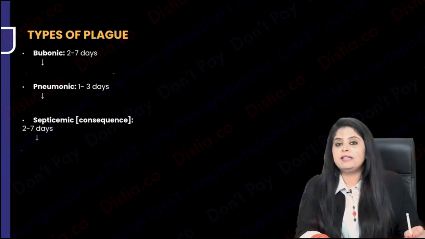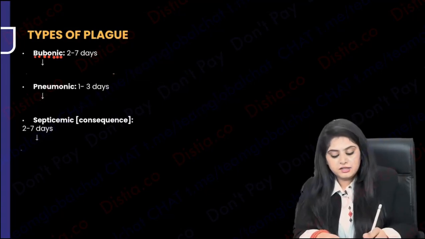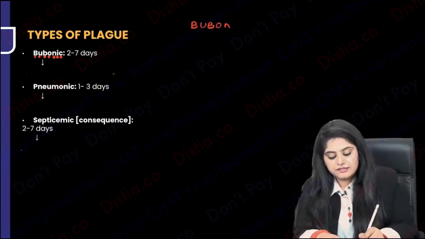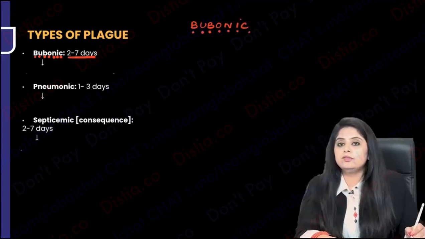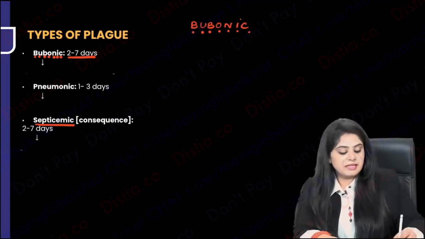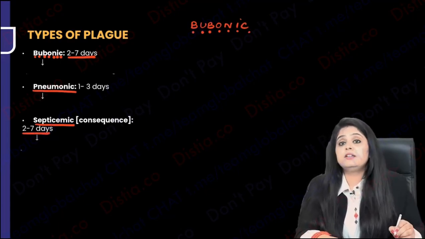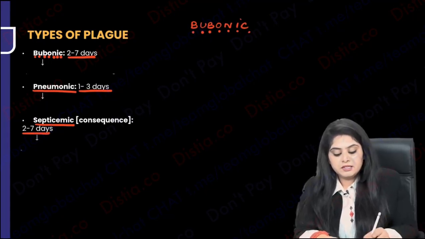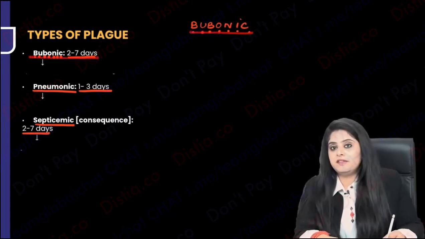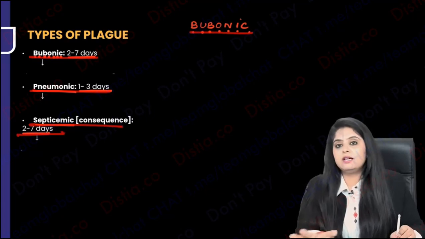And what are the types of plague that you have? Bubonic plague. Why did I count like this? Bubonic has 7 alphabets. So the incubation period is roughly going to be 2 to 7 days. If it enters septicemic, anything can enter septicemia, that will also have 2 to 7 days. However, if it has a respiratory involvement, that is going to happen very quickly in 1 to 3 days. So repeating, the bubonic, 7 alphabets, there's going to be 7 days. Respiratory plague, very, very quick. And anything going to septicemia, again 7 days.